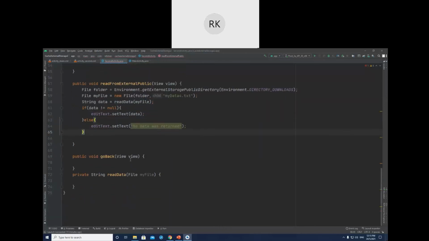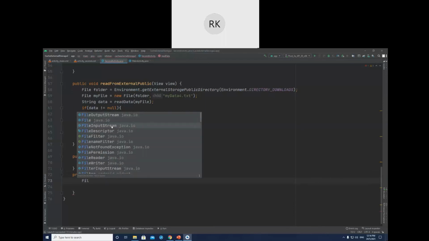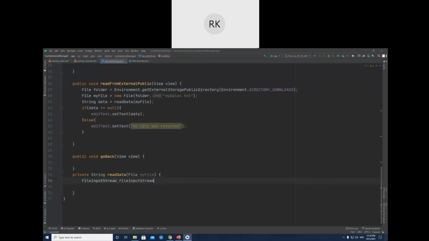Now it's time to go to the read file. You see, in this read file, we are getting the file information. So we will read from this file. This reading process is almost the same as last time we did in file storage. So file input, not file output, it should be input because we are reading. So FileInputStream file input equal to null. As I told you, I am declaring it here as null because this variable we need to access in different scopes. If we don't declare it like this, then we cannot access it.